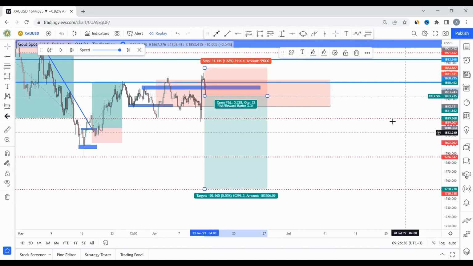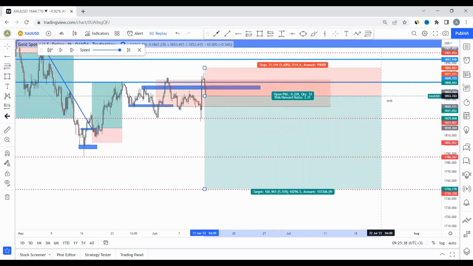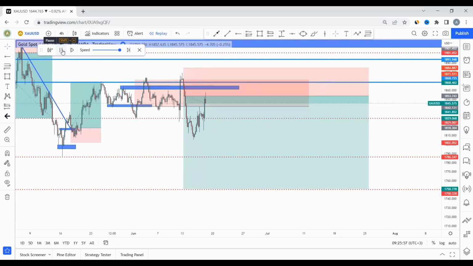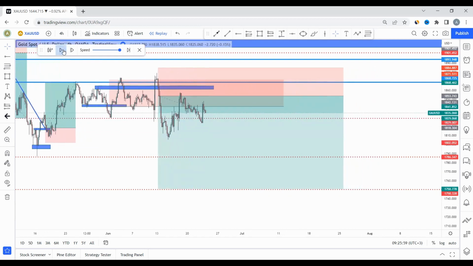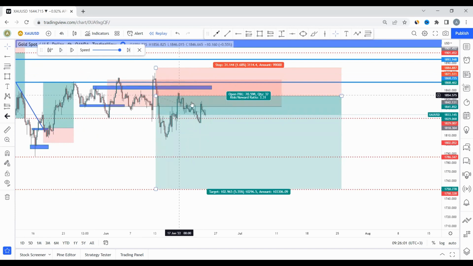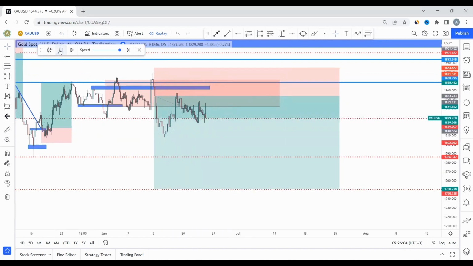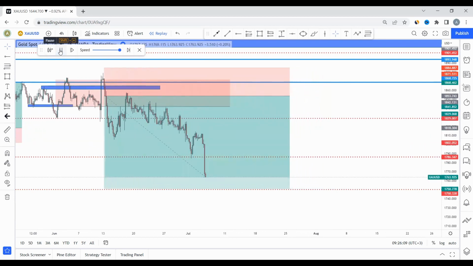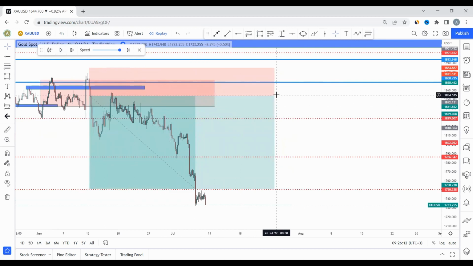We want a 1 to 3. So let's again play. If it hits us out, then we cannot go again in, because you don't want to have many losses in a day so that you wipe out the profits that you've made, right? So let's play and see if we win this one actually. If we lose it, then we call it a day, right? You don't have to force trades. So the trade took us into drawdown, and again, we came back in profit. So let's see if we shall hit the target or hit stop loss, right? So we won this one here, right?